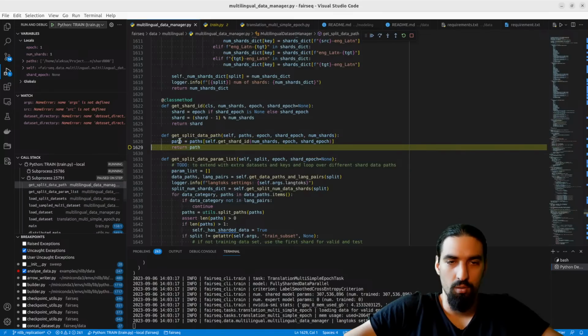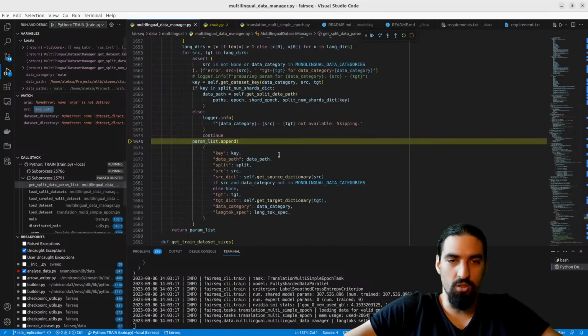That's the shard 0 exactly. And then we add for English, Latin, Russian, 0th shard for validation. English Latin is the source. Grab the dictionary.